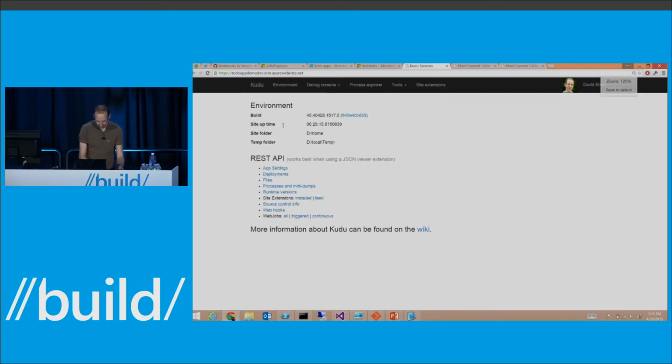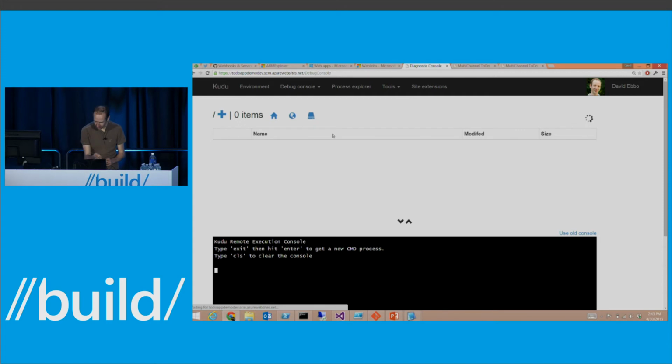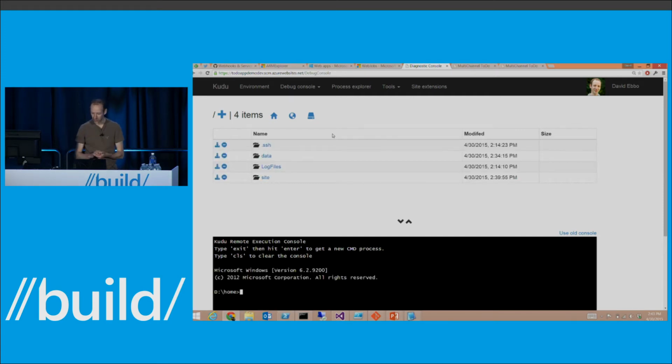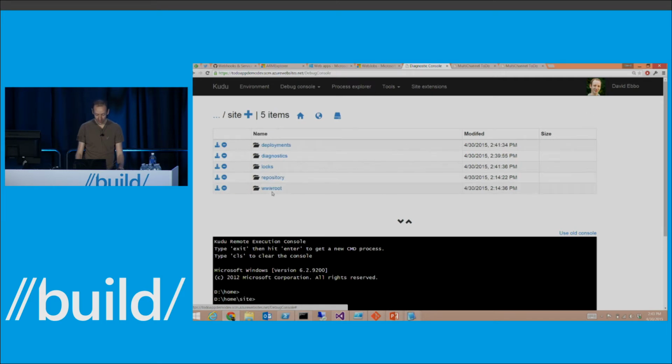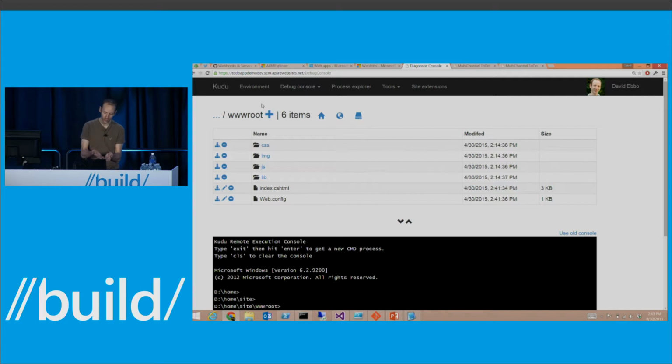And let me zoom in here. And what you can do from the Kudu side is a lot of things. We have this console. So in this particular case, I went into the dev site arbitrarily, but you would see something similar in all of them. And you can see your files. You have, see, that's my wwwroot. We see my thing being deployed. We should see the last change that I made here. So there's a really rudimentary editor for making minor tweaks. You can also do